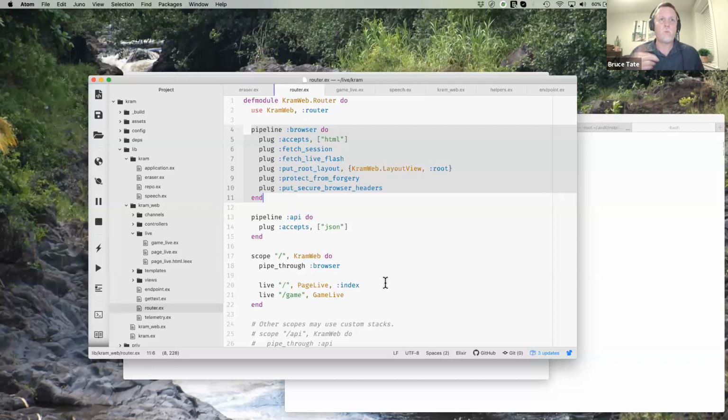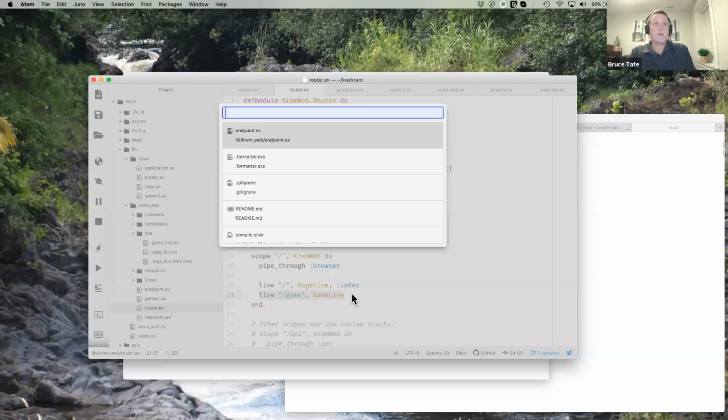And so what we're going to do when we come into our application is we're going to match a route. In this case, it's in this scope. This is the route that we're interested in, and it's going to fire a LiveView route. So the connection will come in to here, and then it's going to fire the game live. The connection is going to have things like parameters, and it'll have the session. But one of the things that we do is fetch the session here to take whatever's encrypted, make it unencrypted, and so on and so forth. And then we're going to go into the game live. So if we look in there,